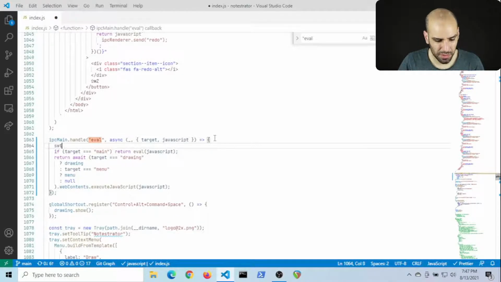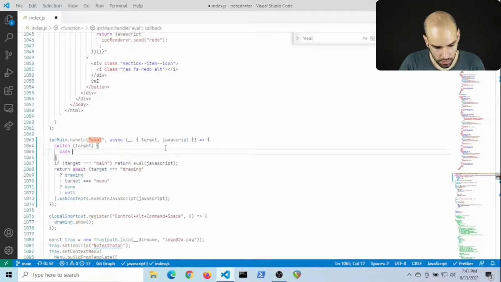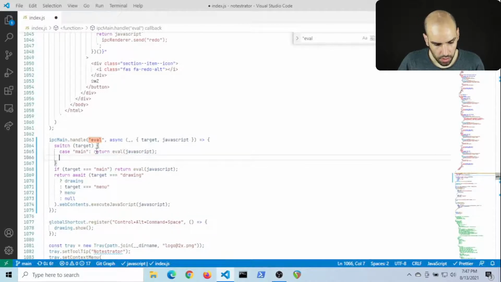Yeah, I guess I'm gonna go with a switch case here. And then case drawing.